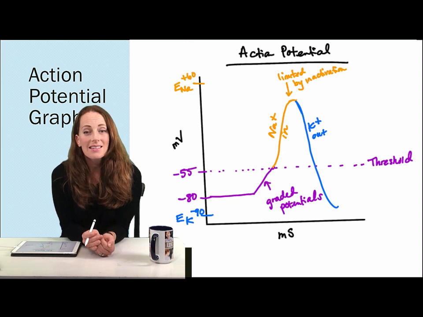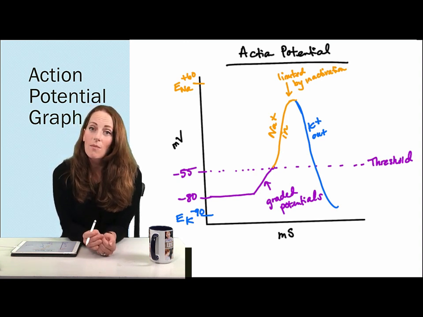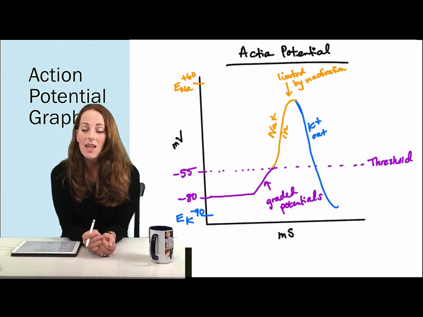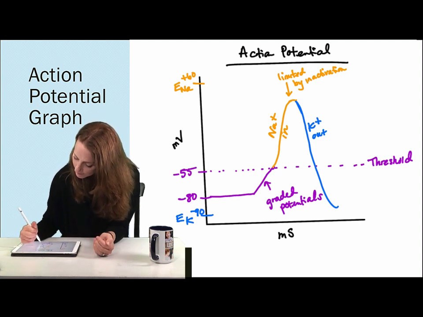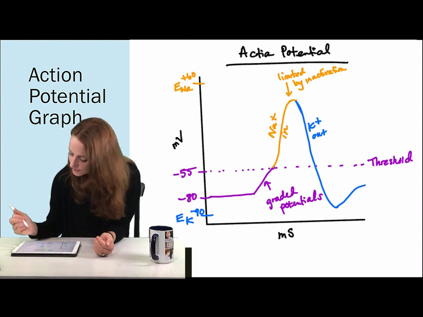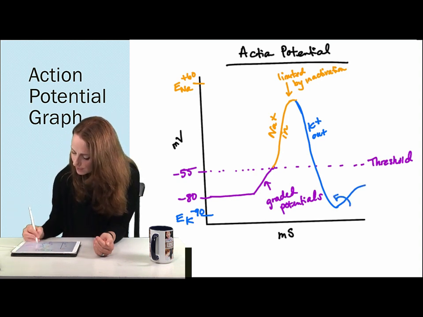So potassium then drives the membrane potential more negative back towards rest. And now we have the falling phase of the action potential. They stay open a little bit longer because they're also slow to close. And we get what we call the after hyperpolarization